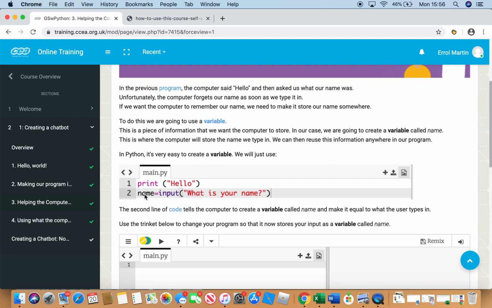Next activity then is helping the computer remember, and this is where you're going to use what's known as a variable, in this case a string variable, and a string variable stores letters or numbers. So again we're going to print hello, make it slightly different, print hello year 8. Now we're going to type in a variable called name, and we're going to input,